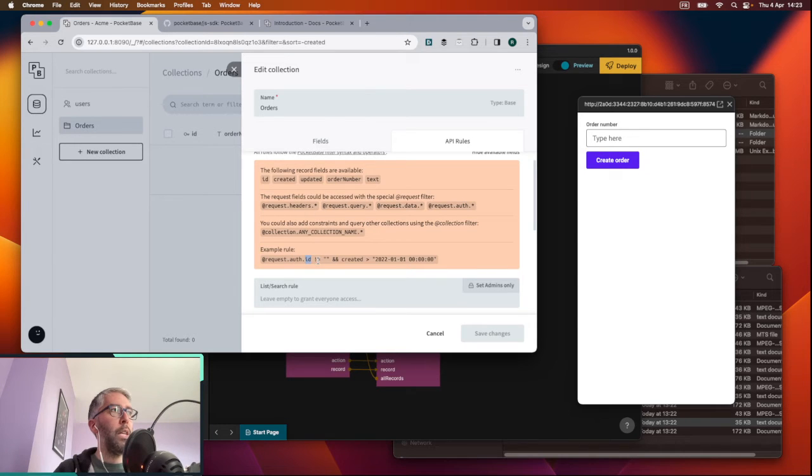We're going to check the user's ID and make sure it's equal to, and then say what it's going to be equal to, like collection dot created by or something like that. And you just set it up like a JavaScript expression. So as long as this JavaScript expression evaluates to true,